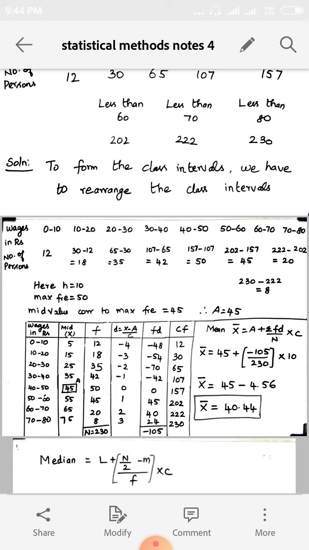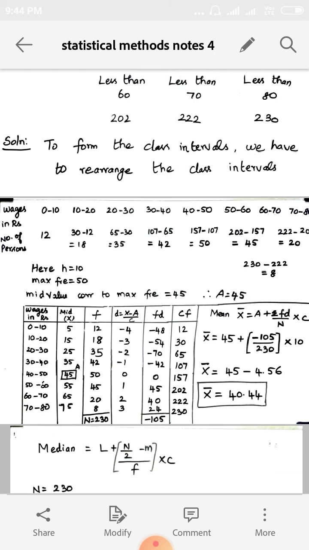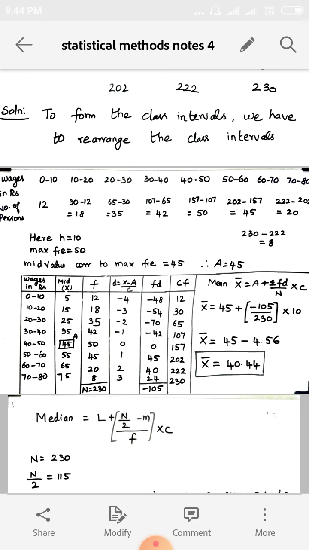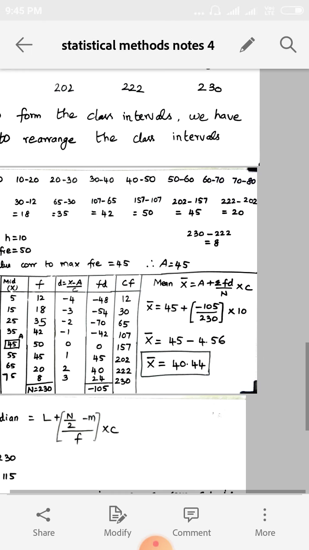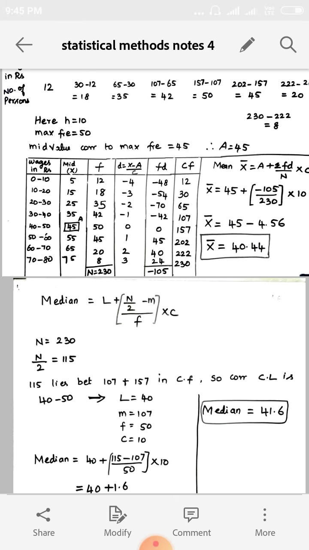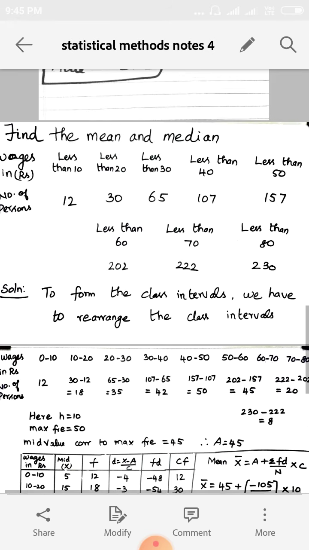Listen. Next we have to find the table. The table means wages, class intervals. So 0 to 10, write the mid values x and write the frequency values, 12, 18, those are the frequency values. Next find d, where d is equal to x minus a by c. Then find fd, and last the cumulative frequency. The cumulative frequencies given are 12, 30, 65. From the cumulative frequency we find the frequency. So first find the median, same procedure. This is the type of the less than type method.